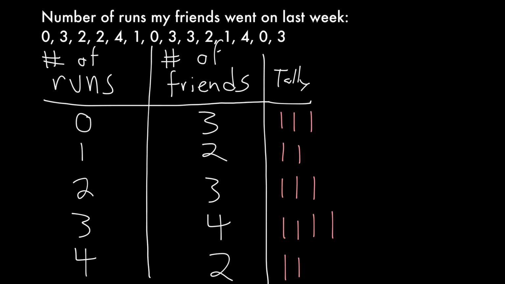A lot of times you can even do a tally first, instead of trying to find the total in the numbers. If there's lots of numbers, it can be easy to just tally them up as you read them. And then there's 3, so there's 3, 2, 2, 3, 3, 4, 4, 2, and 2. So another example,